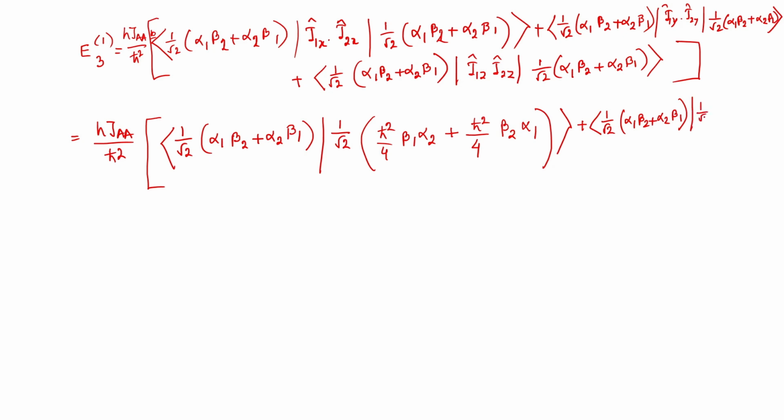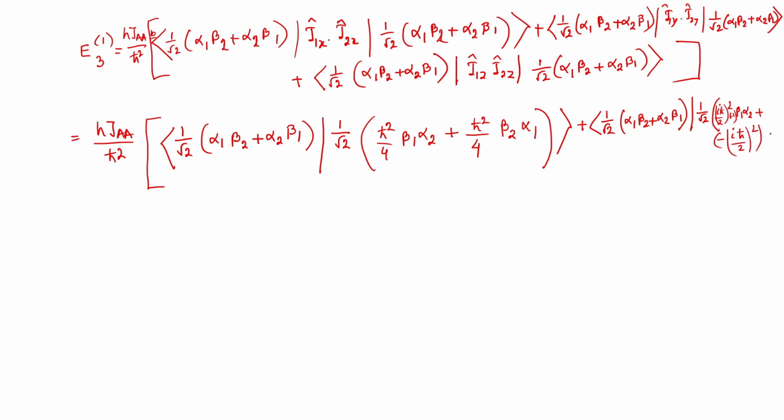Now what we are expecting, alpha 1 beta 2 will become beta 1 alpha 2, right? Beta 1 alpha 2, but in exchange what we are going to get is i h cut by 2, and for this beta, so square of this beta minus 1, right? And here we are going to get the same thing, that minus plus minus i h cut by 2.